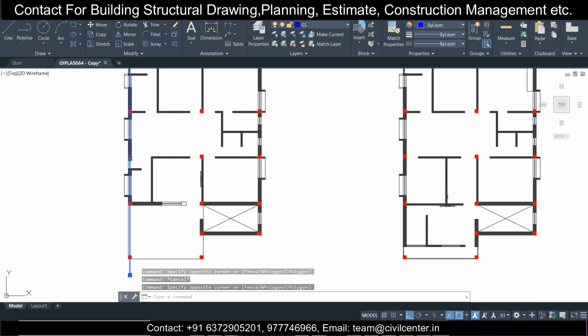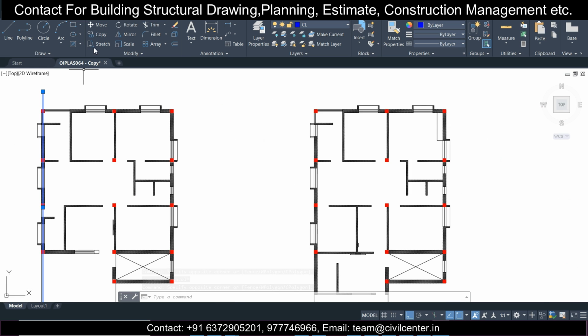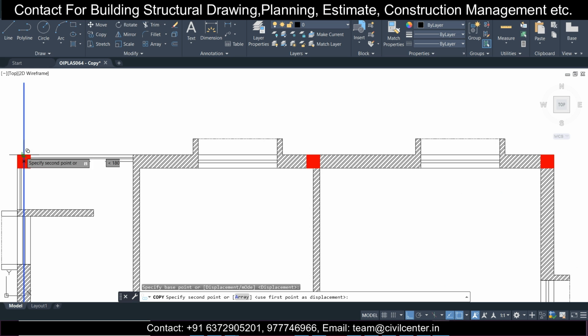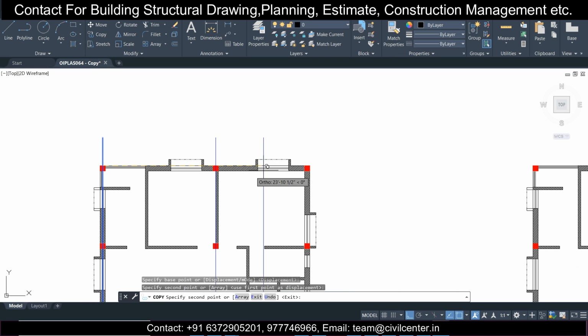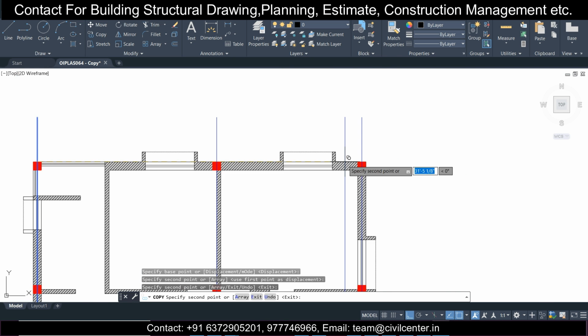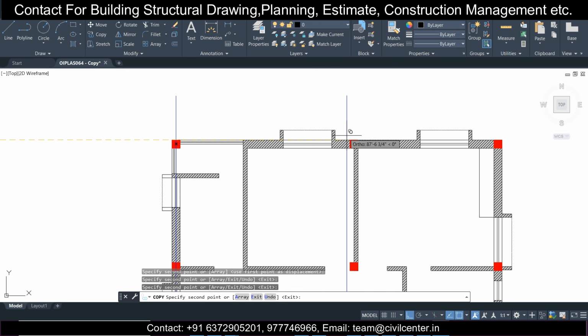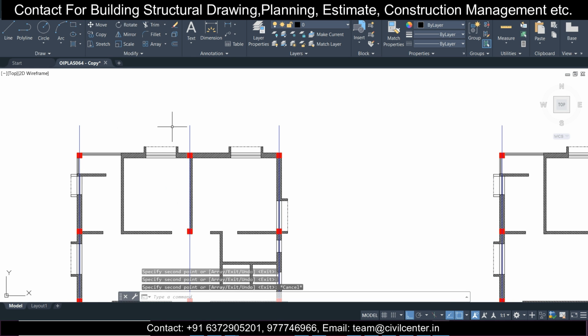And once you've done, I think we can copy this from here to here to here, and simultaneously in this plan also the same here, here, and here. So this is the thing.